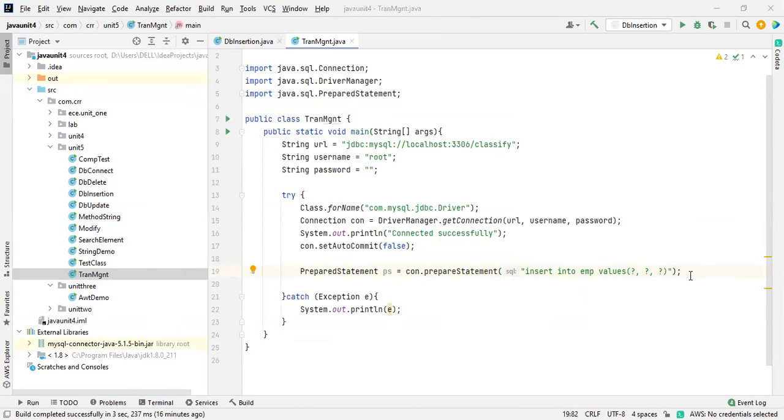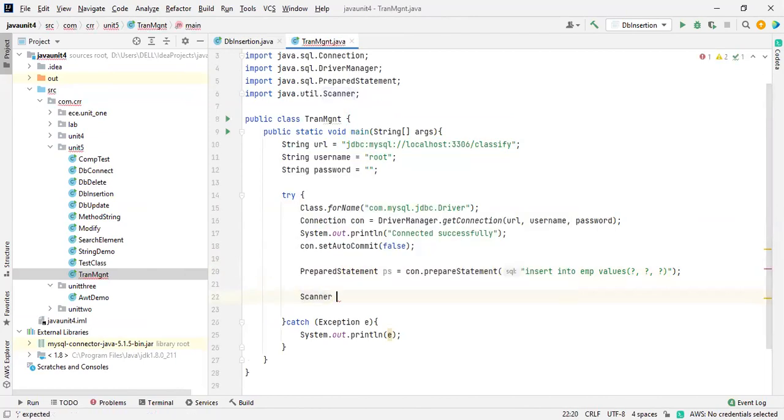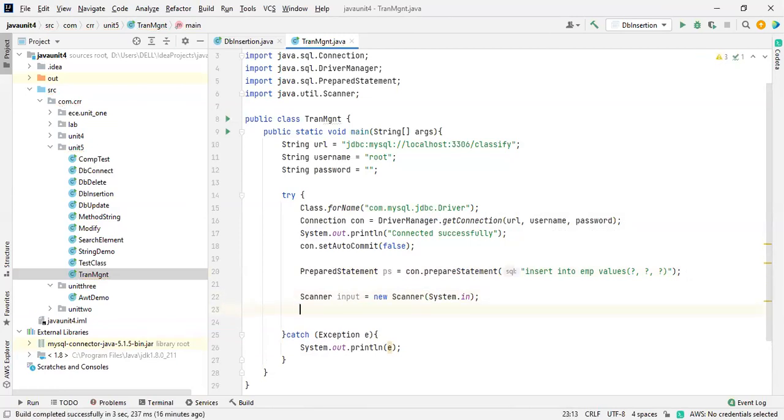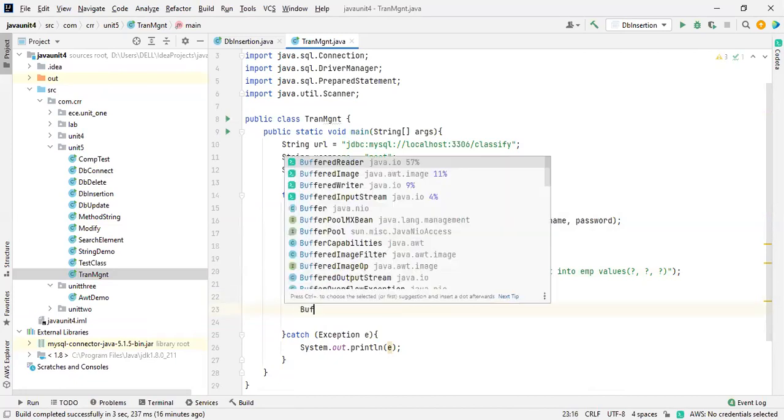So we have the Scanner class. We already know about this one, right? We already discussed this so many times. Scanner input is equal to new Scanner of System.in. Okay, there should be a semicolon. I already talked about the BufferedReader also. If you want to take an input from the keyboard, either the Scanner or else BufferedReader, you know about this one, right?